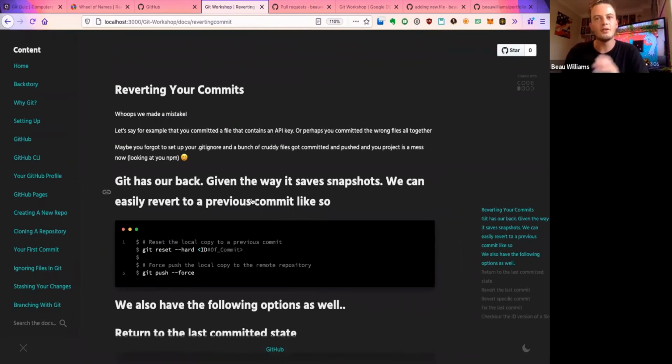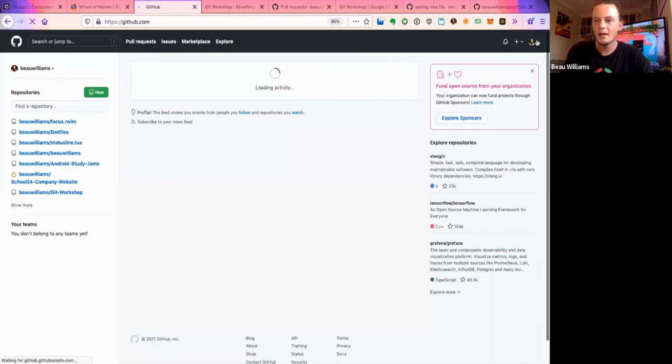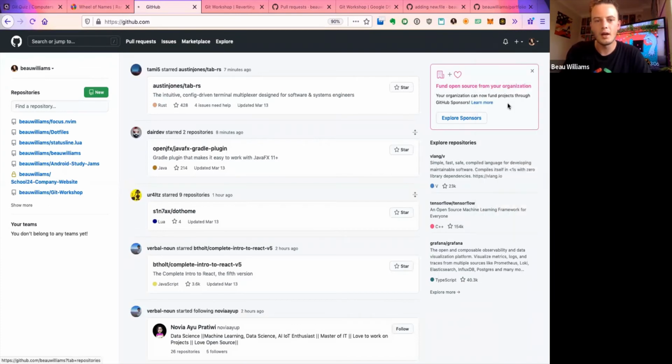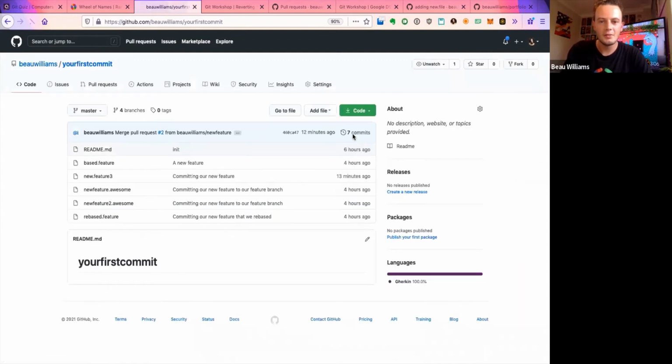So again, you make a mistake, you want to revert it. What you can do is just do git reset --hard and get the ID of the commit. So you can come here in GitHub, and we can go to our repository. We can go to our first commit file. We can go to our 7 commits.